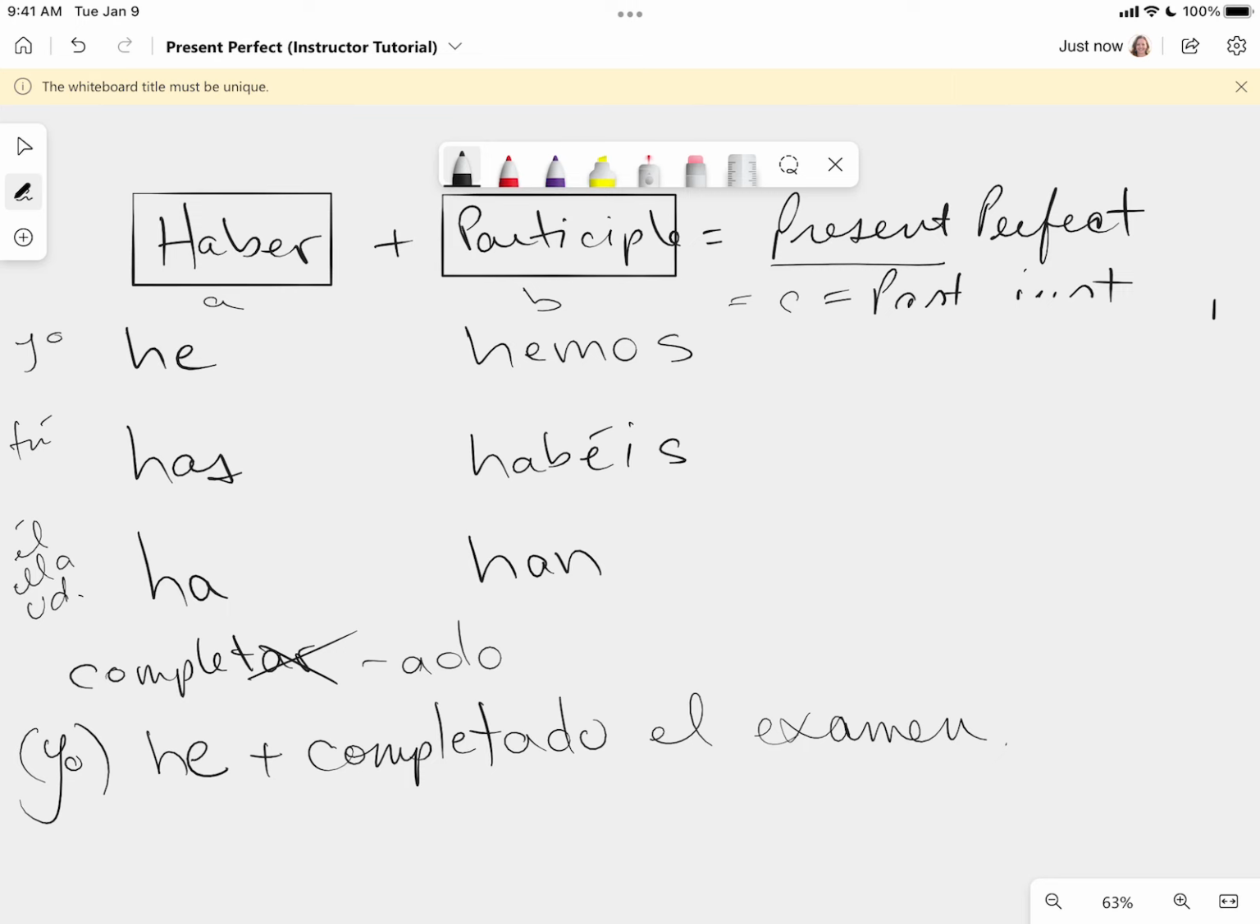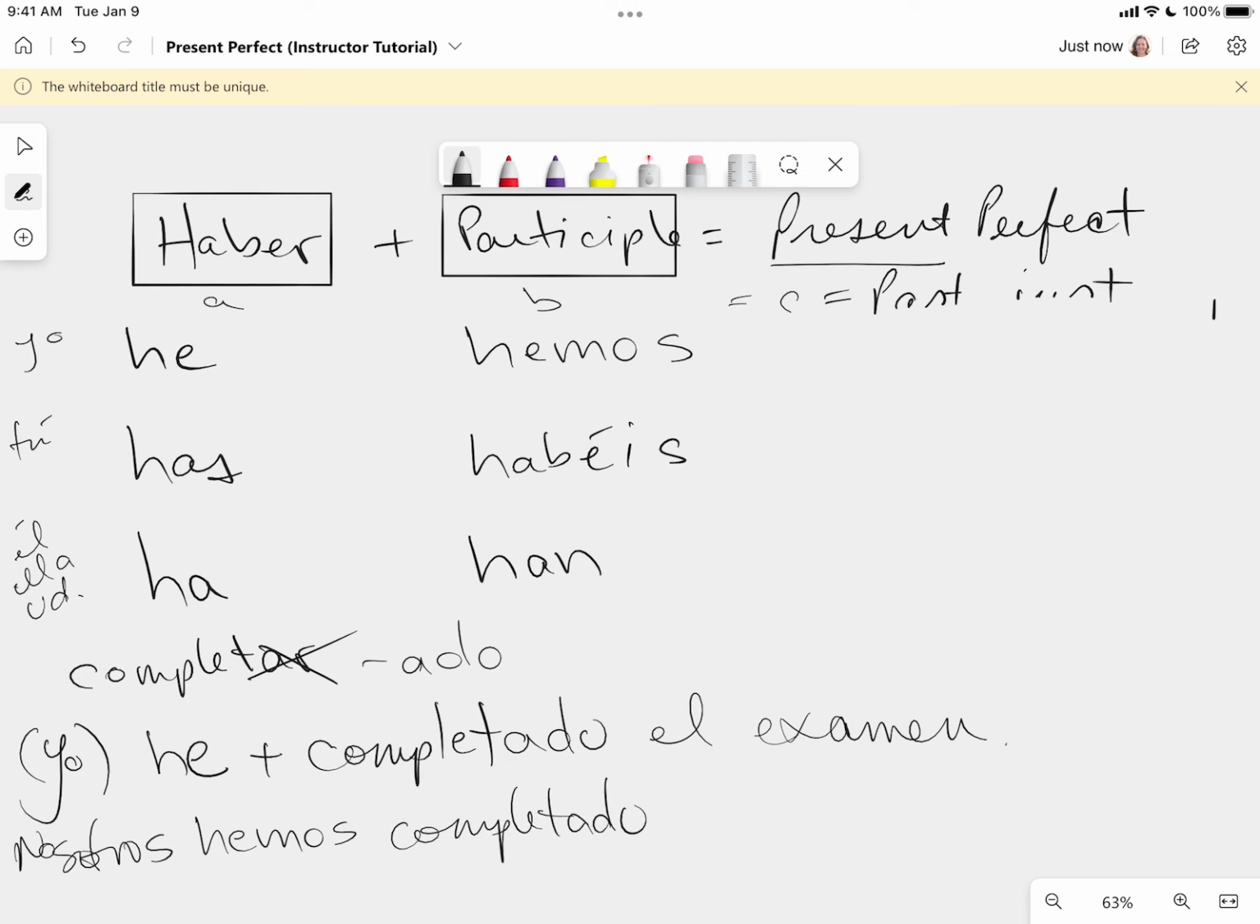These are verbs, and verbs don't change for gender, right? And the participle won't change for number either. So even if it's plural people, let's do, for example, nosotros, and let's pretend it's my husband and I. Nosotros hemos